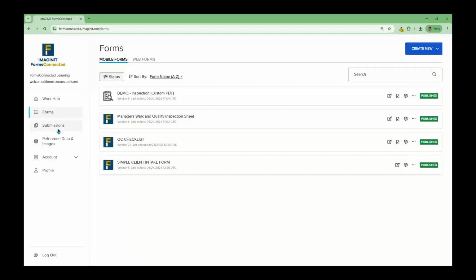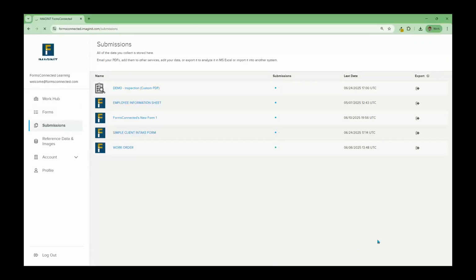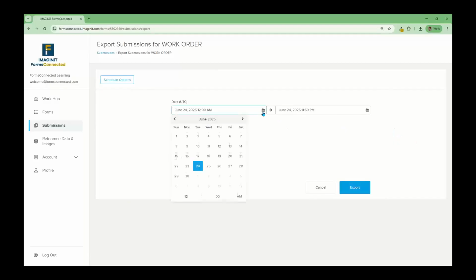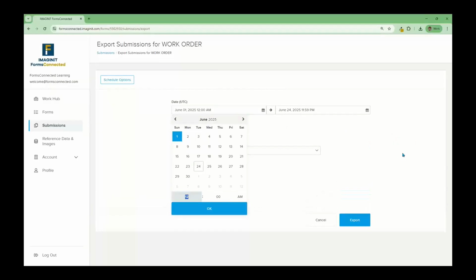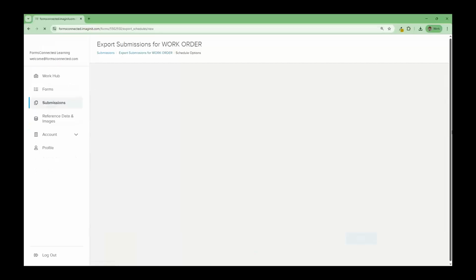Okay. Again, when we come to look at submissions over here, we can export this data. Let's go to our work order, for example. We can click on export here, and we'll choose a time frame, right? And we'll say what format we'd like to see it in. Let's say we want to see it in CSV format,